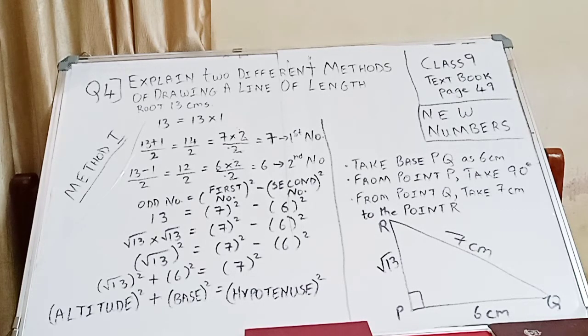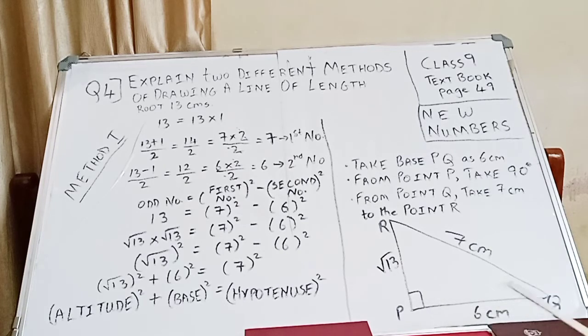Now from the point Q, you can draw a 7 centimeter line. How? By using a compass. You have to take the length 7 centimeter and draw an arc over it. Once you draw an arc, you will get this 7 centimeter line. Then you have to join this line with the straight line you got from the protractor. Automatically you will get root 13, because we are not aware what root 13 is, so that is why we are going this way.